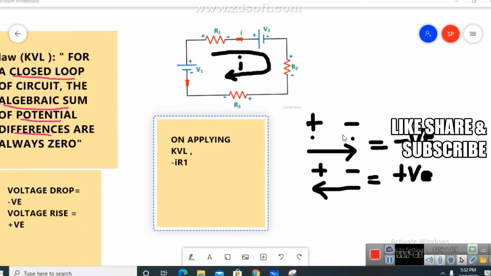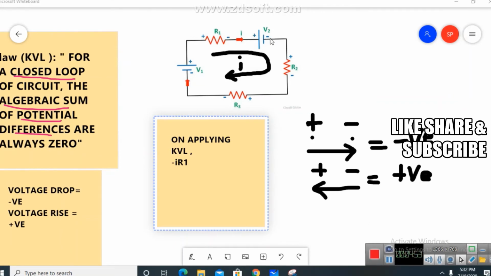That means plus to minus is negative, which means we have a voltage drop. That's why we will have minus I into R1. Similarly, our current is from the positive side to the negative side, plus to minus. That's why we again have a voltage drop, minus